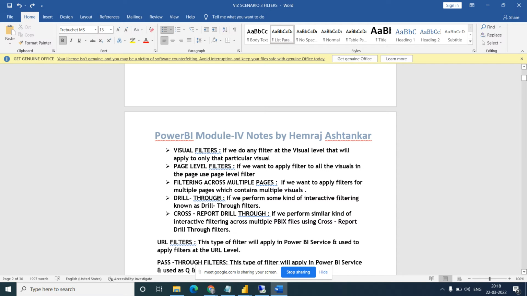Then there is a drill through. What does it mean, drill through? If we perform some kind of interactive filtering, it is known as a drill through filter. Okay, so we will see this one. Then there is a cross reporting drill through. If we perform a similar kind of interactive filter across multiple PBIs, that will be the cross reporting